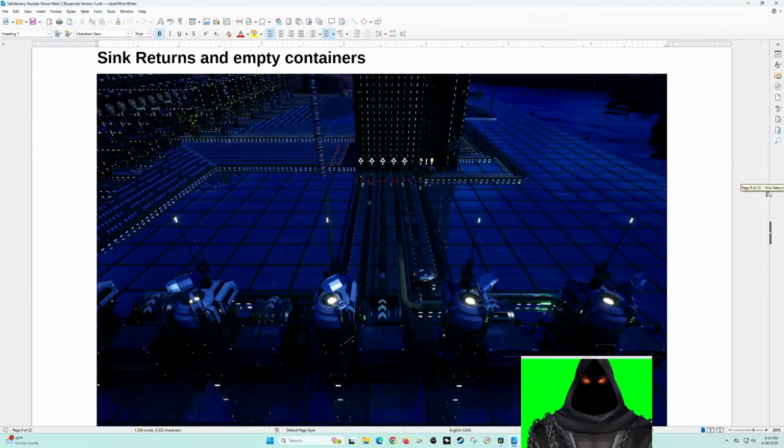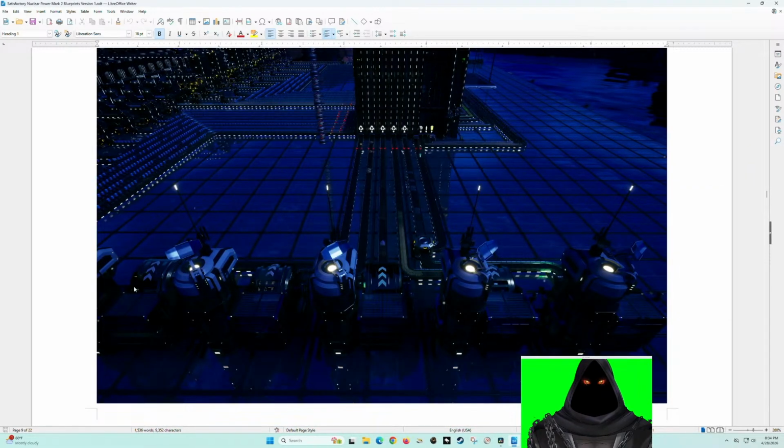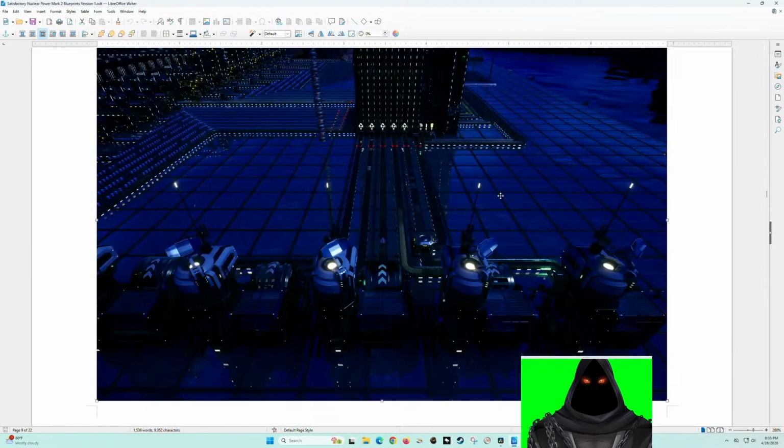I'm trying to see if I have a picture of that. Yeah, so here's the awesome sinks that collect all the returned ore that wasn't used, which isn't much. It's only small amounts of it. The reason why we have leftover ore is because it's very difficult to build limiters that exactly limit the value that you want. That's really hard to do. But what you could do is build a feedback loop that takes all the return ores and moves them back onto the input ores, and that'll actually give you the exact amount that the factory needs.